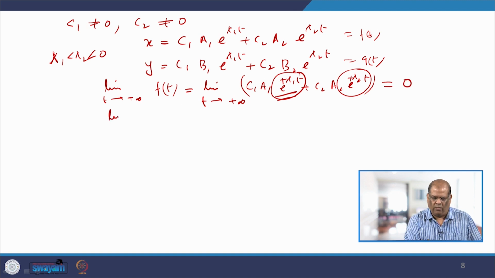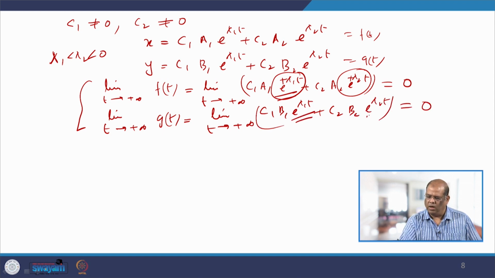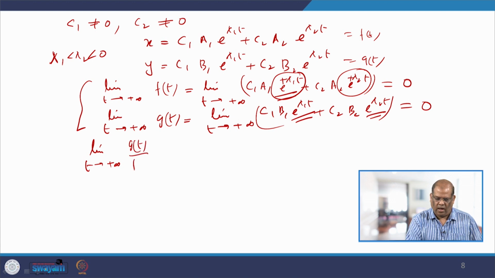Because in the definition of the node, if you recall, it says that the path approaches 0, 0 and the path enters 0, 0. So, these two properties will ensure that the path approaches the equilibrium point 0, 0, and C1 B1 e to the power lambda 1 t plus C2 B2 e to the power lambda 2 t, again with the same logic, this becomes 0. And the third property, which says limit t tends to plus infinity g(t) by f(t),